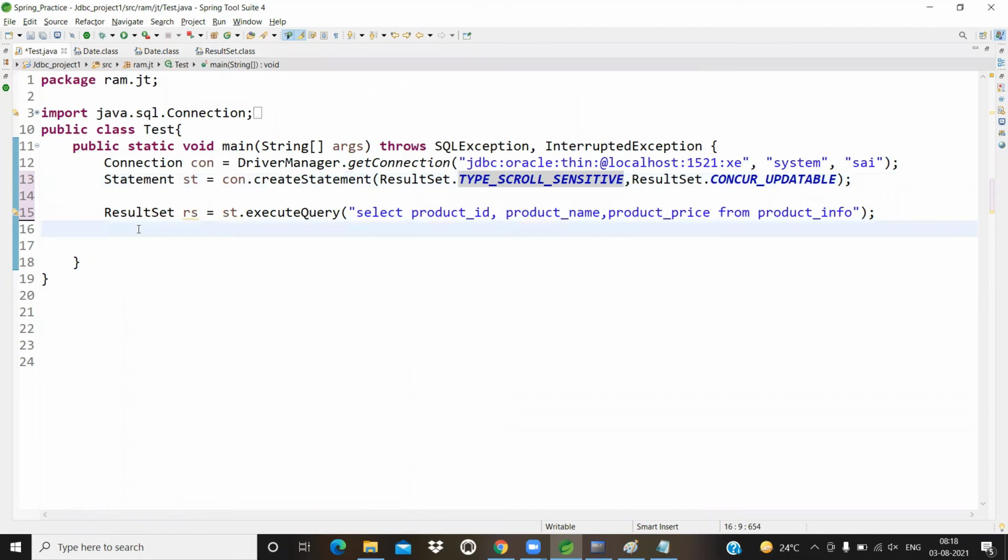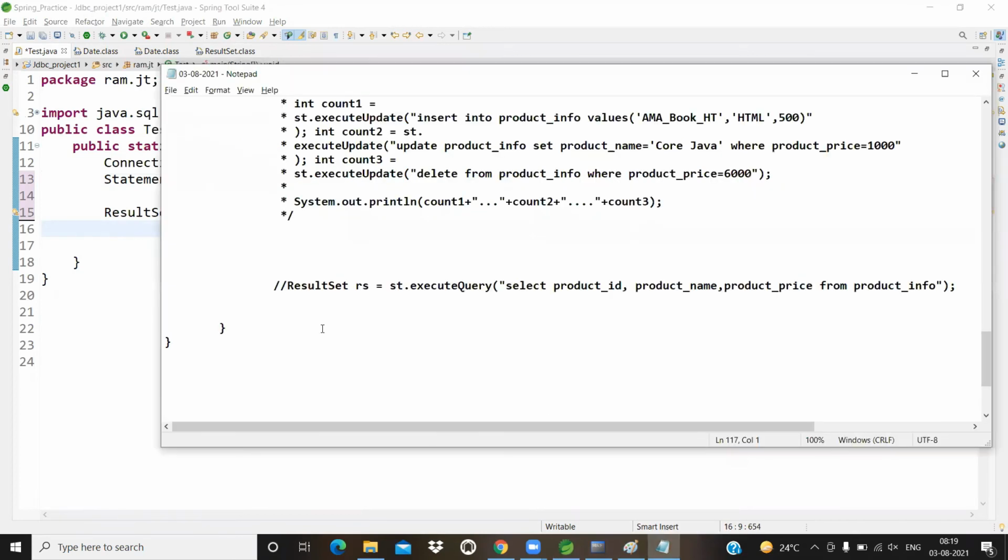First, let me perform an operation like update. Very simple. First, let me show you what records we have. For reading the records, we have to write this type of logic.